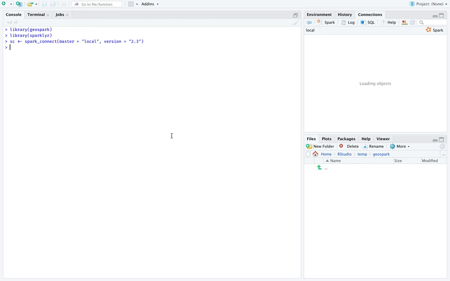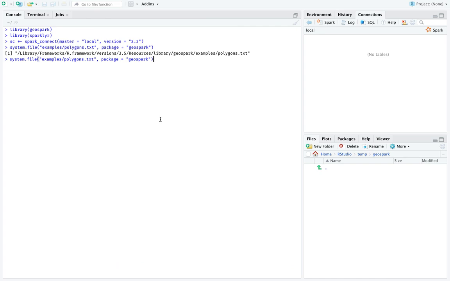Okay, this is great. So the first thing to note is that geospatial datasets look quite different from the ones that you're familiar with. This package already comes with a sample dataset. It's under examples, and it's called polygons.txt. Let's make sure that this works. All right, and if we were to read the lines just for fun, to get a sense of how this looks,